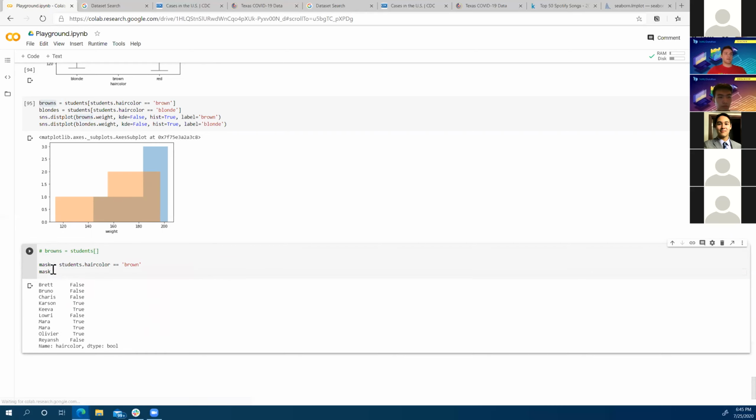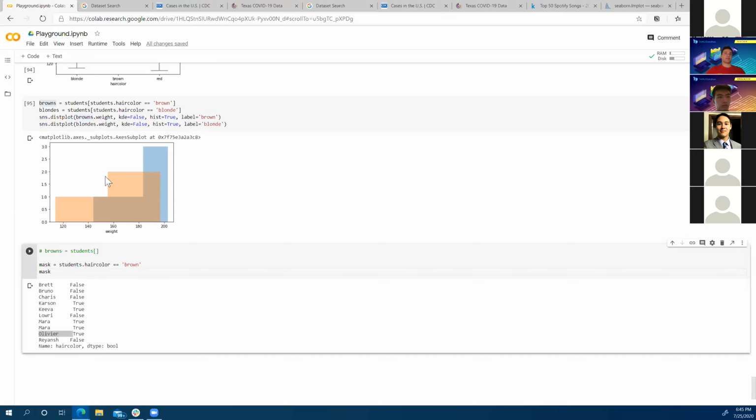So if I say mask equals student's hair color is equal to brown, this creates a series of true and false values for where the student's hair color is brown. So we can see here that Carson and Kiva and Mara, both Maras, Olivier, all of those people have brown hair. So this creates a series of true and false values.